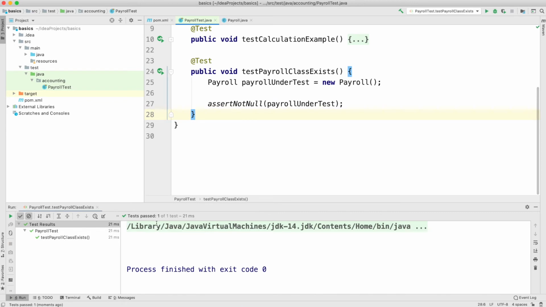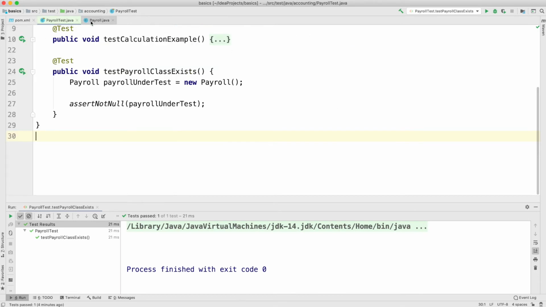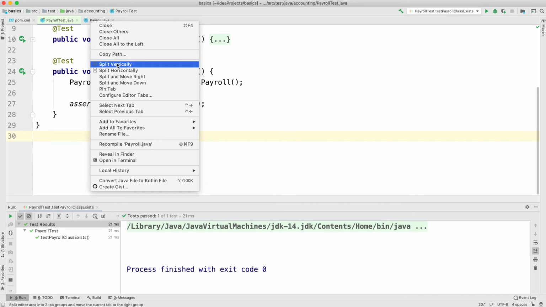Notice that the test passes. The payroll under test object is built from the payroll class and it exists. Let's put this in split screen mode. We collapse the project, split vertically,